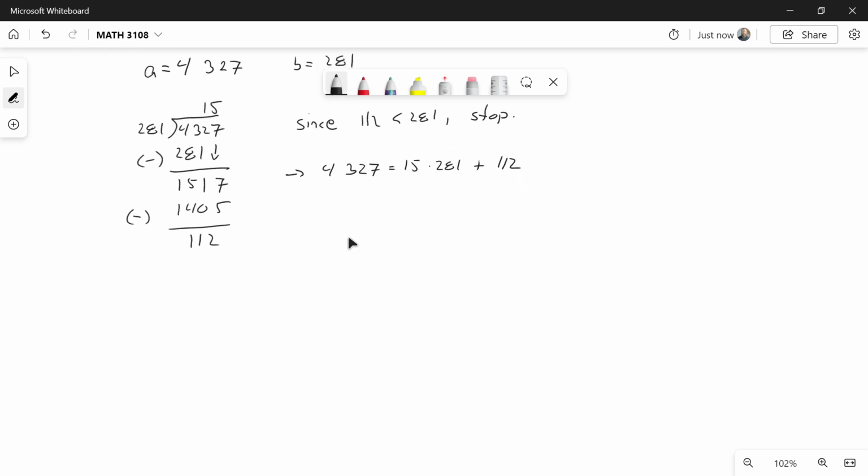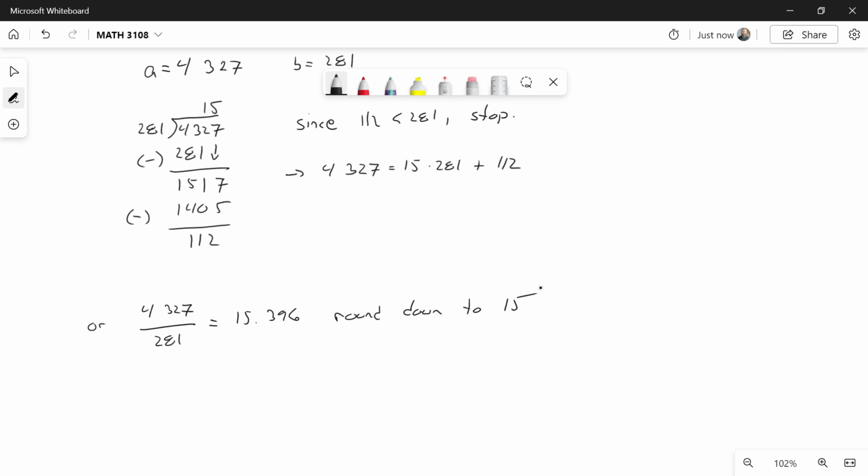The next way is if we have a calculator, let's just do the division. If I take 4,327 divided by 281 and put this into my calculator, I end up with 15.396, rounded to 3 decimal places. Now this 396 is problematic because that's not really a remainder, that's a decimal for us. So something's wrong here. What we need to do is focus on the whole number part of this. That whole number part is 15. So what we're going to do is round down